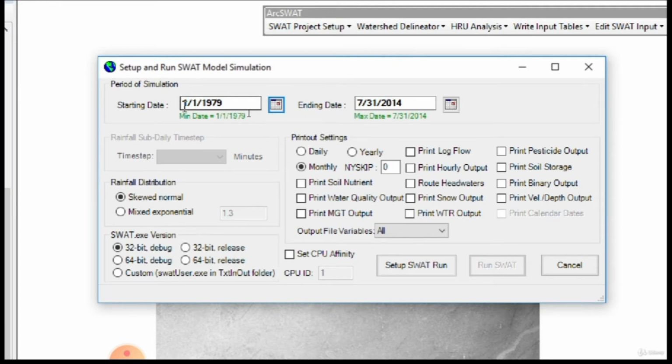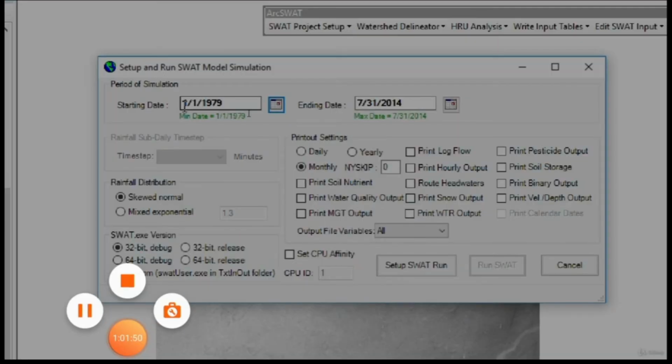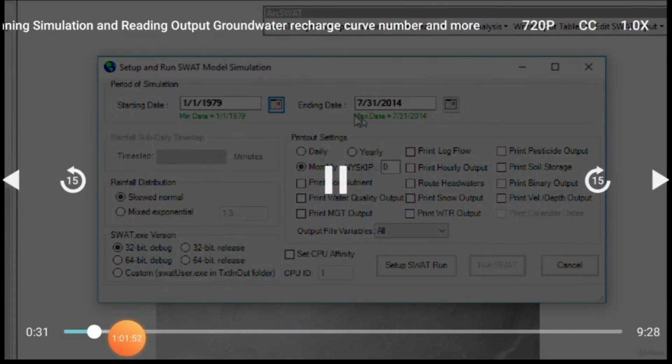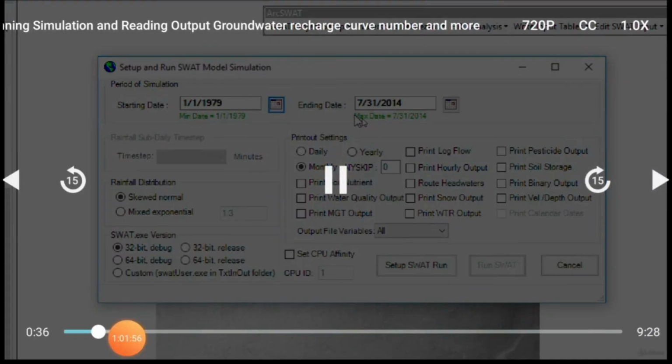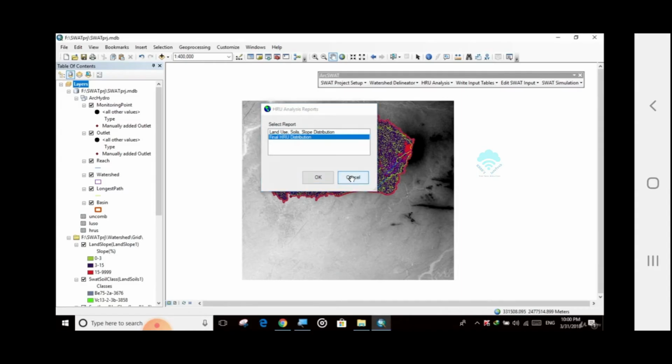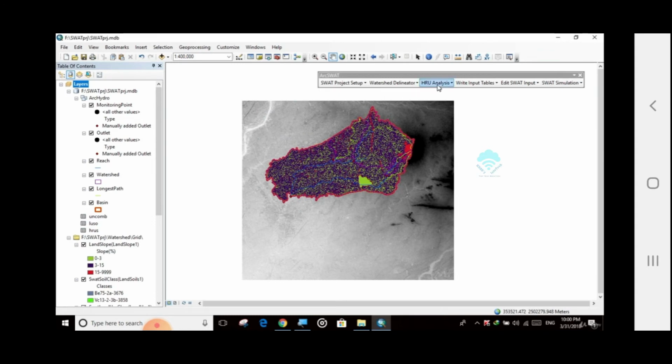The starting date is the same date as per your actual data start record, and your ending date is the actual data ending date in your data set. You will require this. So after HRU, we have to go to the write input tables in weather station setup. That is in the next video for weather station setup.